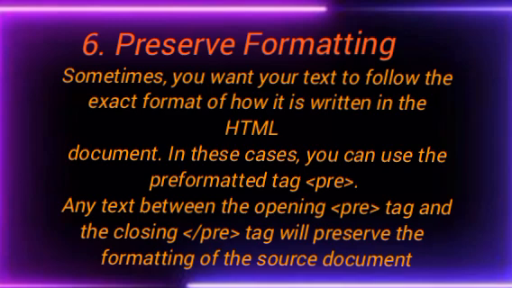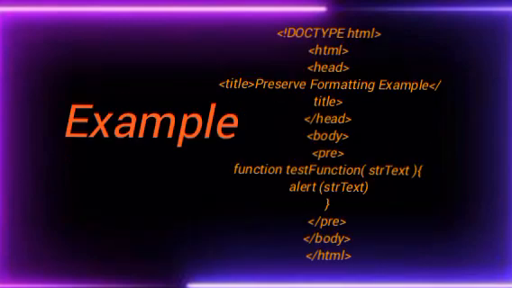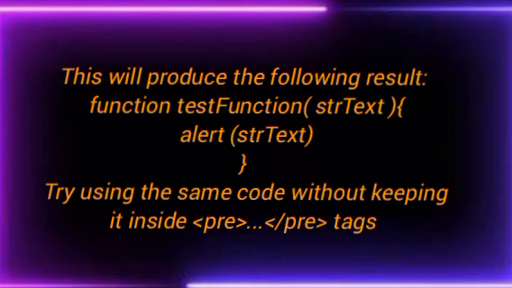Any text between the opening <pre> tag and the closing </pre> tag will preserve the formatting of the source document. Example. This will produce the following result. function testFunction(){ alert(text); } Try using the same code without keeping it inside <pre>